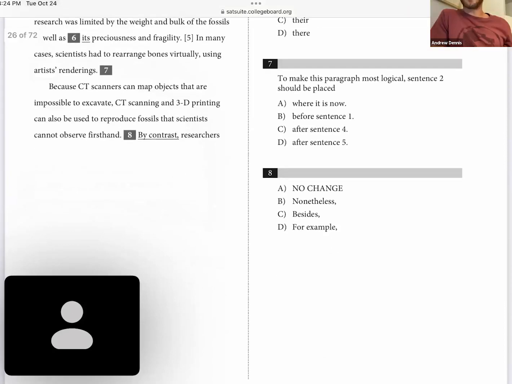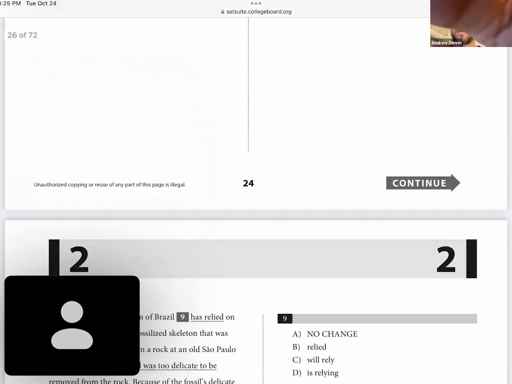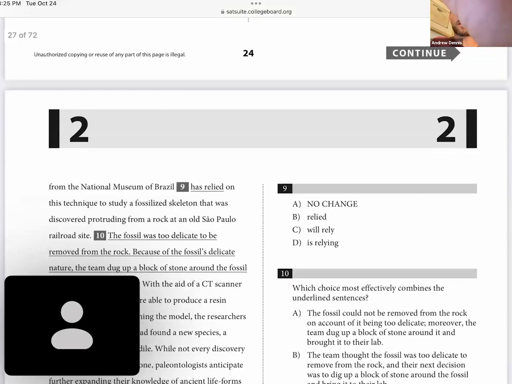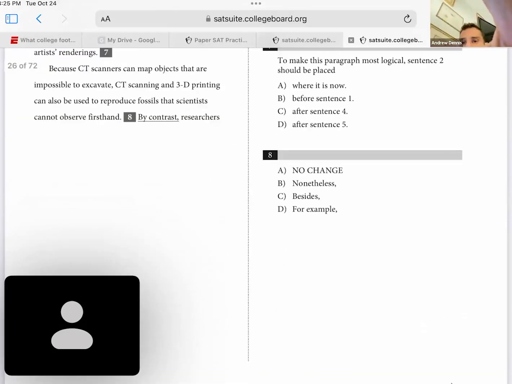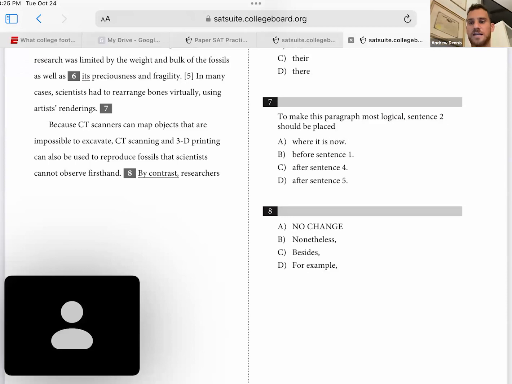Okay. Because CT scanners can map objects that are impossible to excavate, CT scanning and 3D printing can also be used to reproduce fossils that scientists cannot observe firsthand. By contrast, researchers from the museum have relied on this technique to study a fossilized skeleton that was... So the options are: by contrast, besides, for example, or nonetheless. Because CT scanners can map objects that are impossible to excavate, CT scanning and 3D printing can also be used to reproduce fossils that scientists cannot observe firsthand. By contrast,